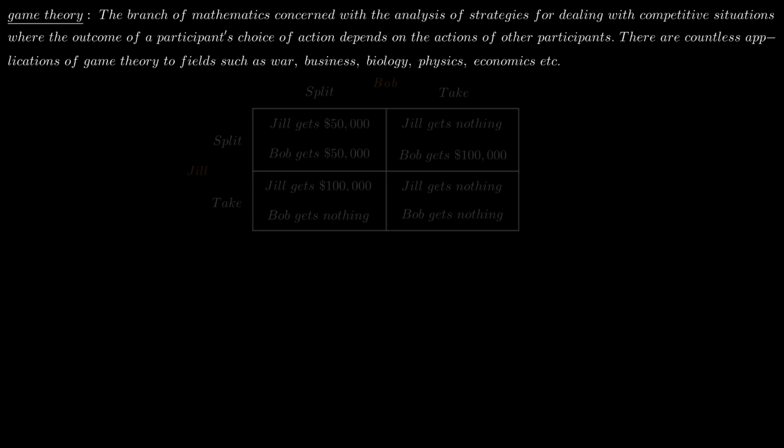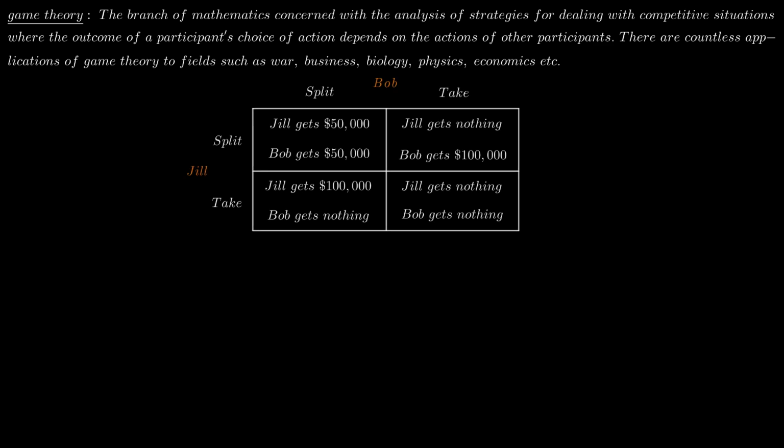Yes. So now that we know what game theory is, in a nutshell, let's turn our attention to this simple game in order to explain some basic concepts. So we have two players, Bob and Jill, and each of them is being asked to pick one of two balls. Inside one ball is the word split, and inside the other is the word take. Each player is being asked simultaneously whether they're going to take or whether they're going to split. The possible outcomes are as you see here in this table.